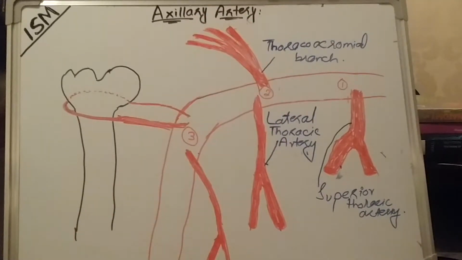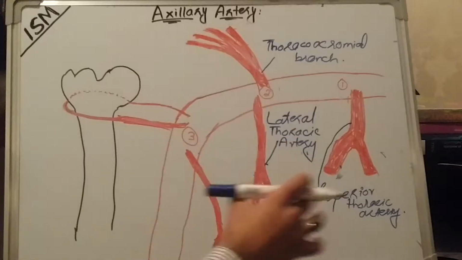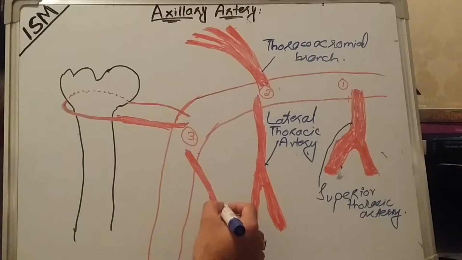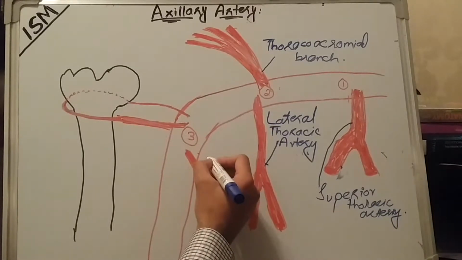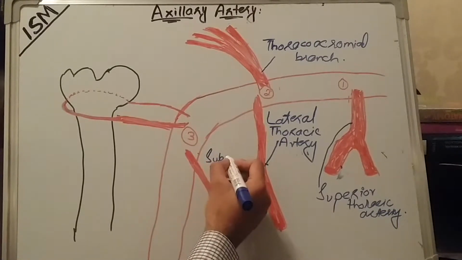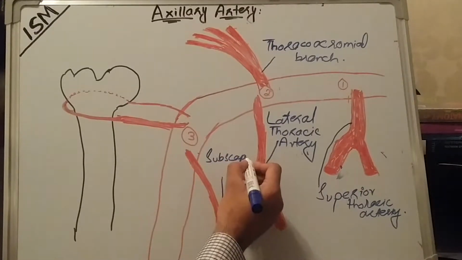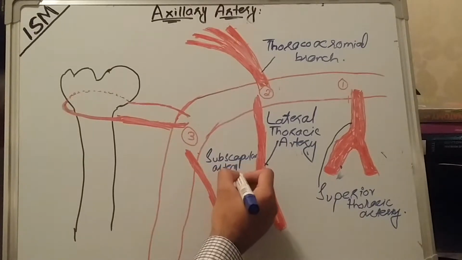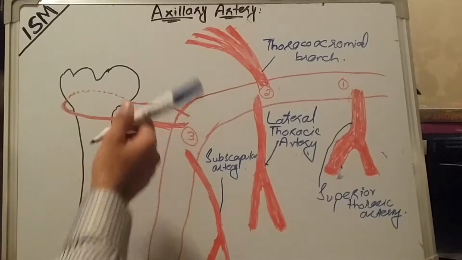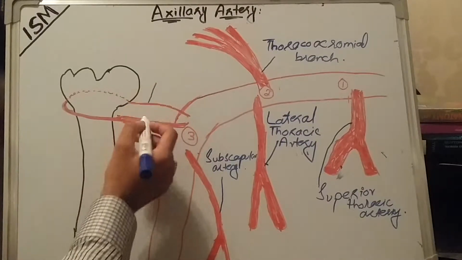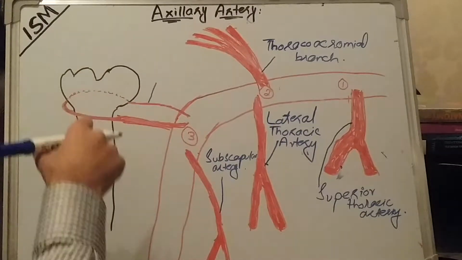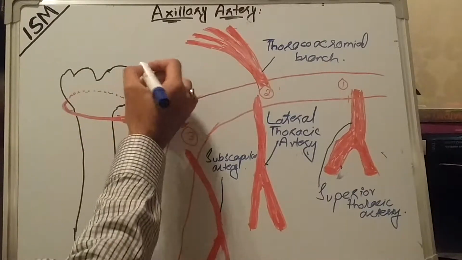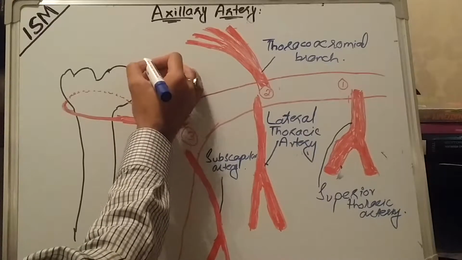These are the two branches originating from the second portion of the axillary artery, and here I made the subscapular artery. The two arteries originating from the third portion form a circular ring around the surgical neck of the humerus bone, so they are called the posterior circumflex humeral artery